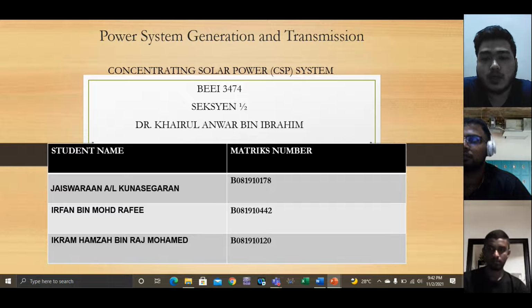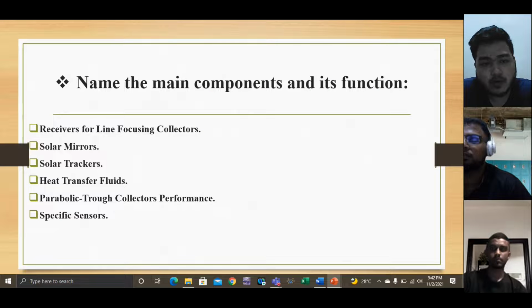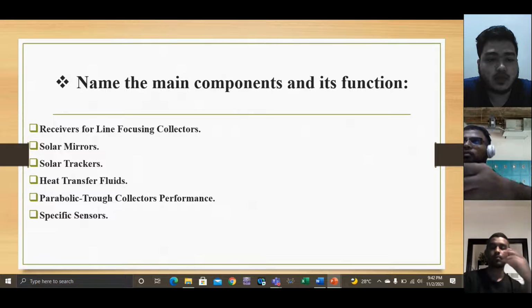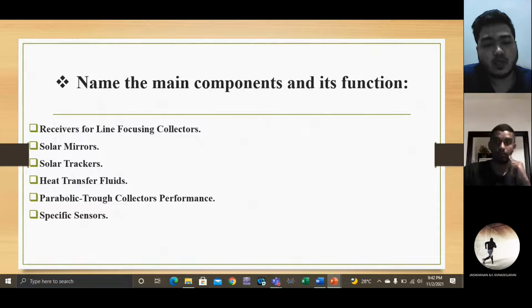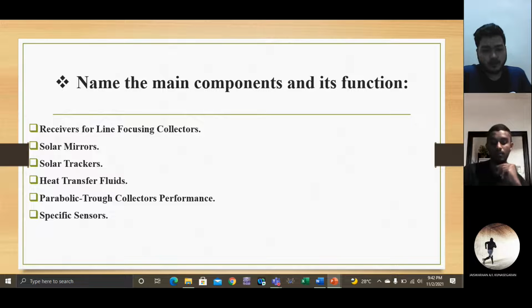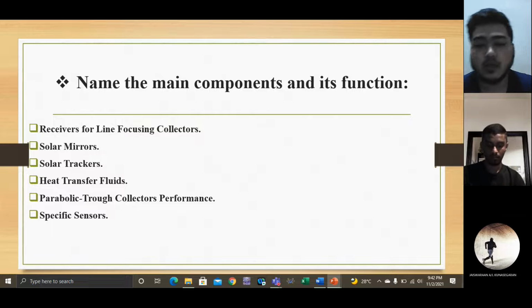Question number one requires us to name the main components and their functions for a concentrating solar power CSP system. We have six main components here. I will go through number one and explain a little bit of its function. So for the receiver tubes,